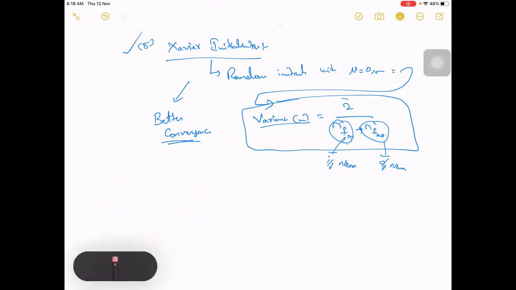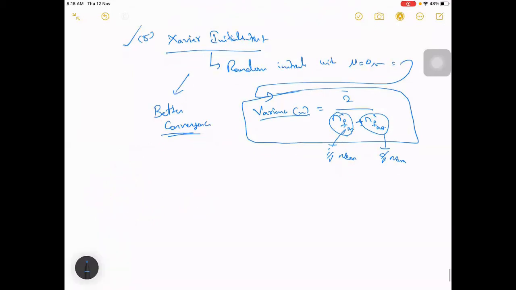So the initial value has some importance here, right? So usually you go for a Xavier initialization. Okay, there is a slight modification which has been done to this. They call it ReLU aware scaled initialization.